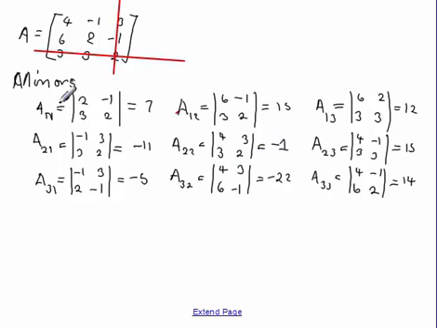So what I can do now to calculate the determinant of this matrix, I can either move along the row of that matrix or move along the column of that matrix. And when I'm saying along a column, I'm saying any column, I'll get exactly the same thing. I'll give you a chance to test that. But together now, let's